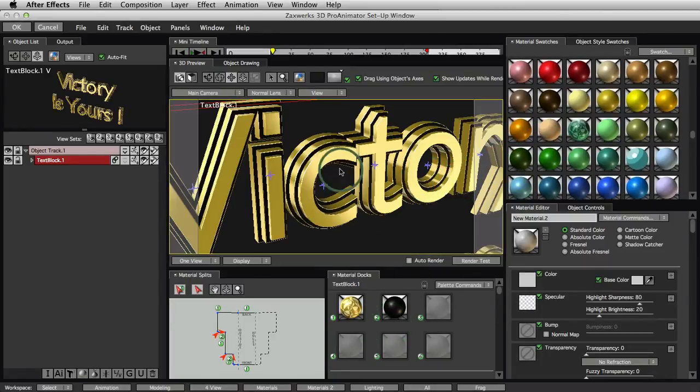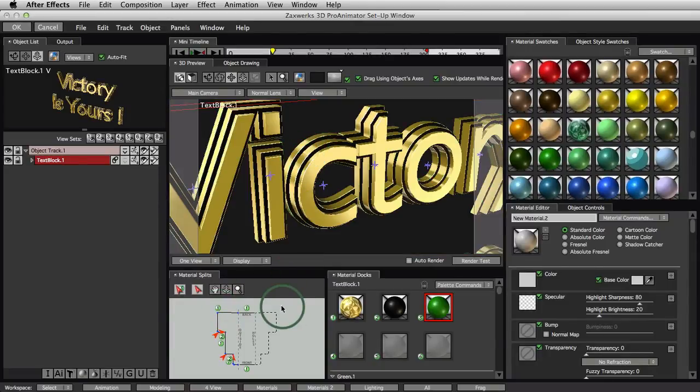The first thing, in order to get a new material onto this object, we have to be able to bring it and load it into this docking area. So let's take this green, bring it down here and drop it, and now we've loaded it into dock number 3. So once it's here, we can click on the object and move it over, click on the swatch, and you see once my cursor is here, it has a little number 3 next to it. Well, wherever I drop that, you see there it shows you a red highlight showing you where it's going to apply it. So I could drop it here, and you see now it's going to be across the back.